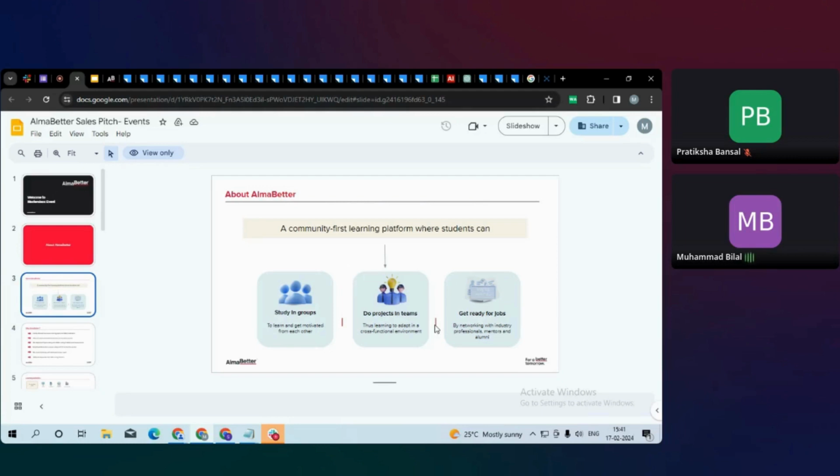The first feature you can see is the study in group option, where you can create your own group according to your flexibility. The other option is to do projects in a team. This is known as a community-first learning platform, where students can interact with each other.